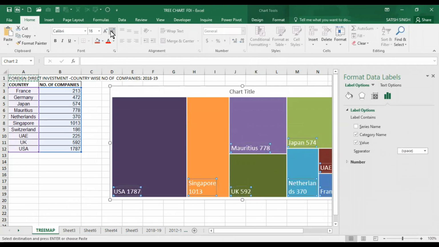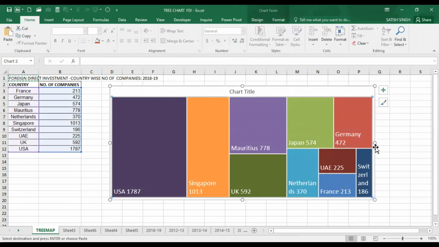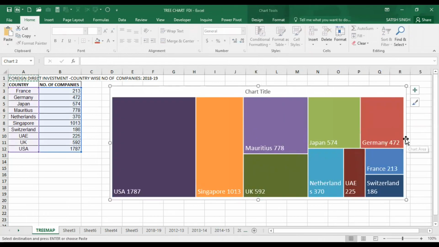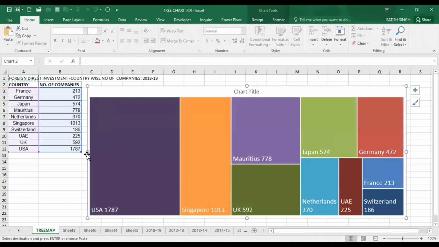The ideal size you can decide as per your requirement, where you want to show this data. Select the chart and stretch it to your left or right or diagonally so that it is appearing nicely.